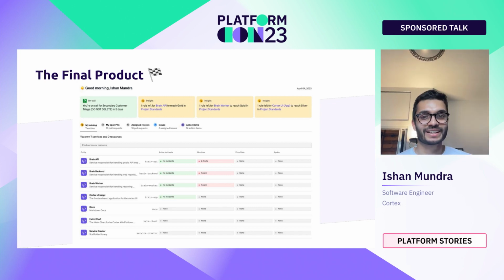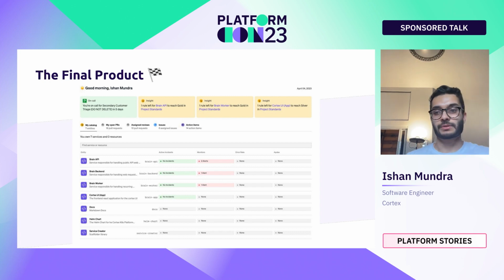This is what it looks like. There are cards at the top which provide highlights of different things that we want to showcase for a given user. Then there are different tabs. The one that I clicked on was the catalog tab, which shows you all the services that you might own. There are also tabs for open PRs and assigned PRs,